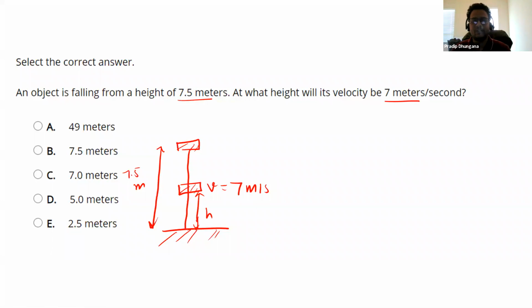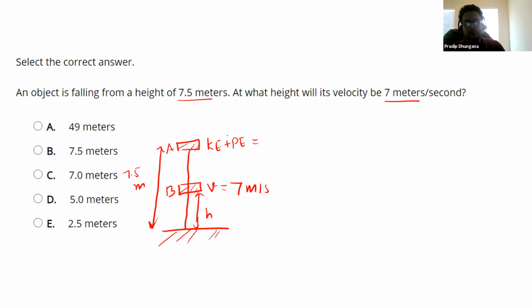What do you think? How can we solve this problem? Think in terms of conservation of energy, or total mechanical energy. So we'll use the conservation of net mechanical energy. Let us suppose this is point A and this is point B. Total mechanical energy at point A is equal to total mechanical energy at point B, and mechanical energy is kinetic plus potential energy. So let me write here kinetic energy plus potential energy.